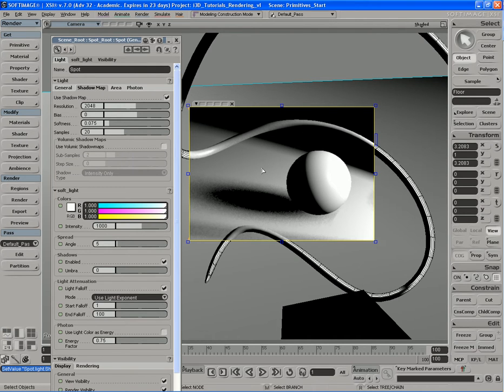So you can see 0.075 works a lot better and makes these nicer, softer shadows. And the reason it's coming out all grainy, of course, is because my anti-aliasing is down. So if I increase my anti-aliasing to increase the quality of the render, it'll help to alleviate some of that